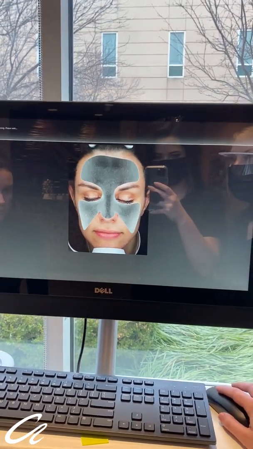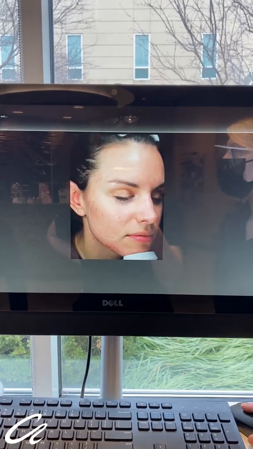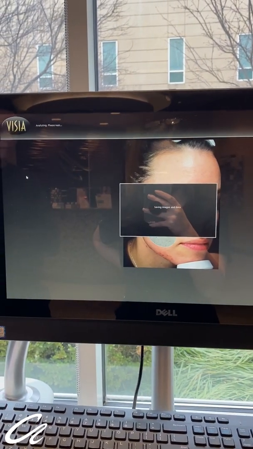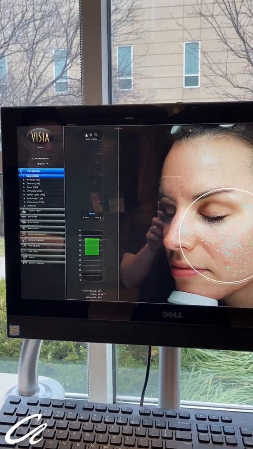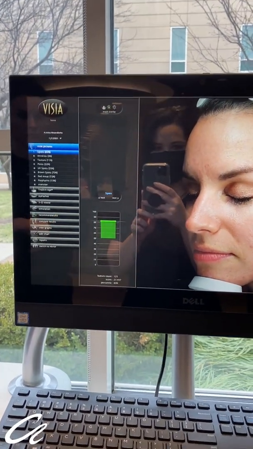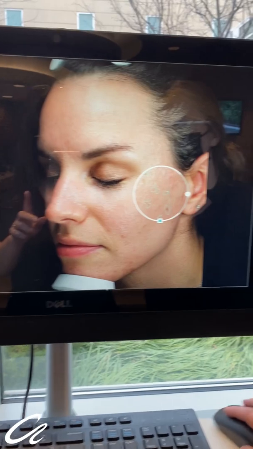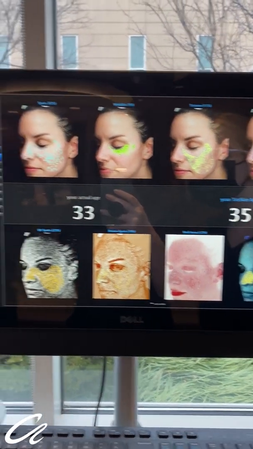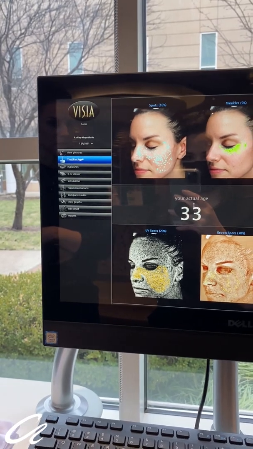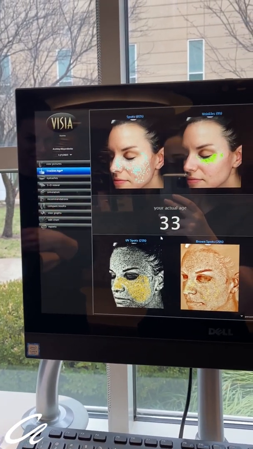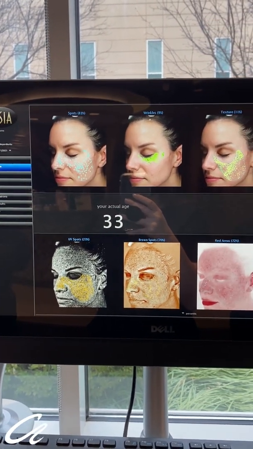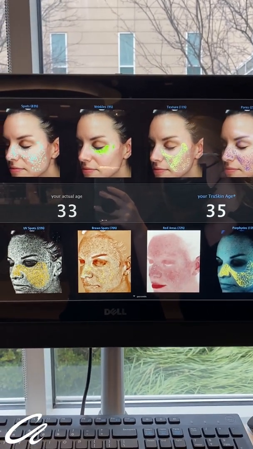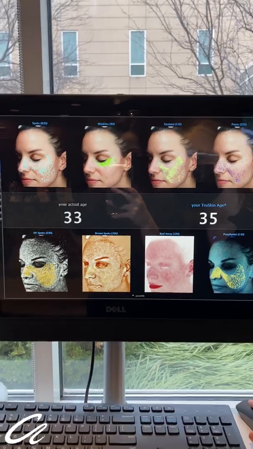Over to the side, right over here, we're going to see a list of percentages. So we'll want to be as close to 100% as possible for the best, healthiest skin. Okay. So right over here to the side, we're going to see a couple different categories that we're looking at. Well, this is your true skin age, which is one of the features. So this is gonna guess how old you are. Actual age is 33, it's picking up 35. We're gonna go in detail to see